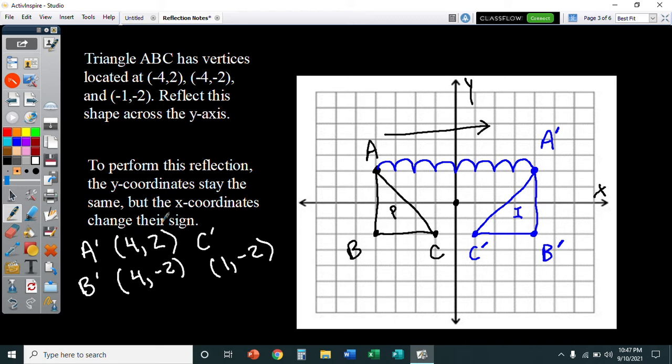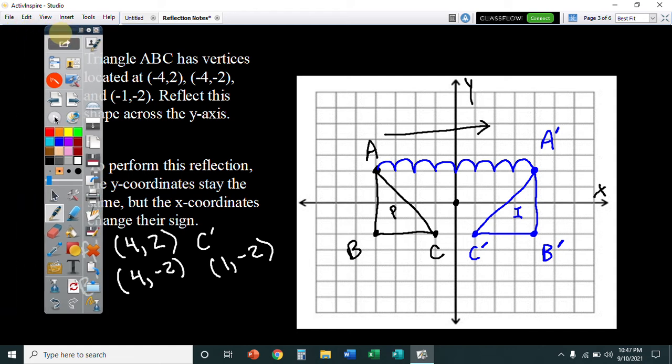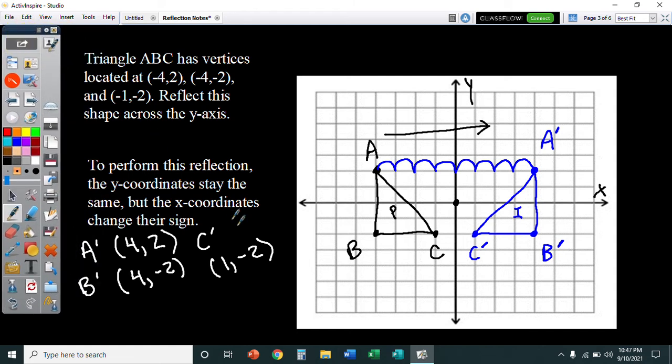And you can see if this is right. If I pick a different color here. So if I just say, okay, 4, 2, 1, 2, 3, 4, 1, 2, you can see that that's in the right place. B is at 4, negative 2, 1, 2, 3, 4, 1, 2. Right here it is. C prime is supposed to be at 1, negative 2, and there it is. So you can see that either just by counting the number of spaces you are away from the y-axis,